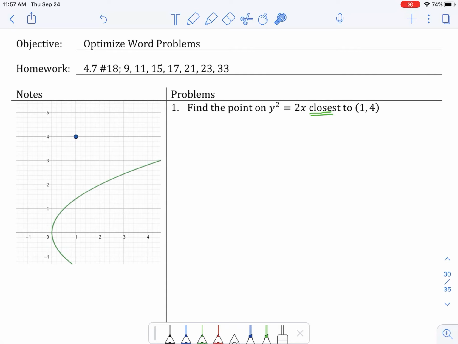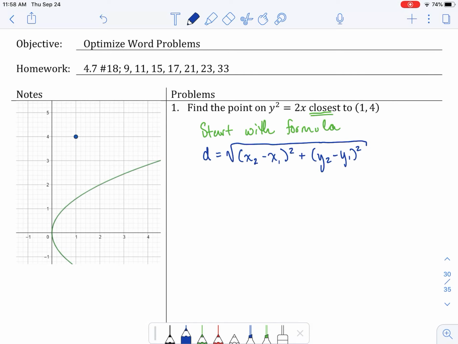And then what you want to do, you're going to start off a little bit similar to what you would do with a related rates problem, meaning that you're going to start with your formula. Now, you might use some of your formulas from area, surface area, volume that we did before. A lot of these are also going to use distance formula, such as this one here, because we're looking about something that's closest, and that means that you want to find the smallest distance. So we're going to grab our old friend, the distance formula,